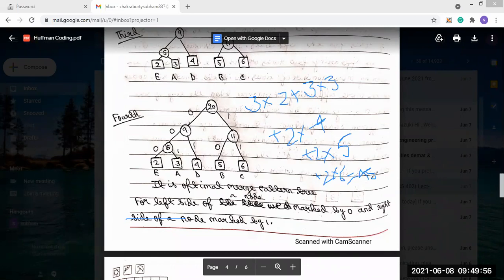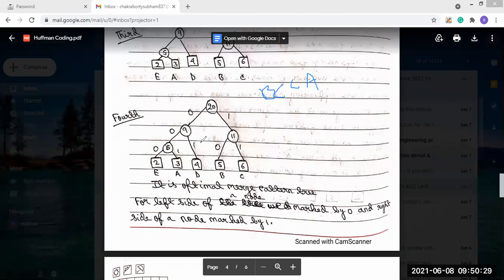The message has totally gone to the receiver side. Then how will the receiver know what the message is? On the receiver side, the message's first bits have gone: B, C, then C, then A. We have sent the tree from sender to receiver.